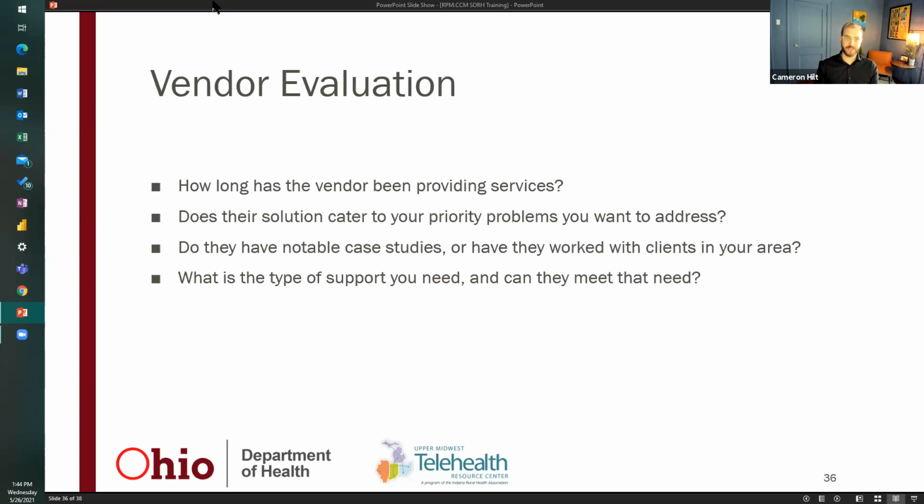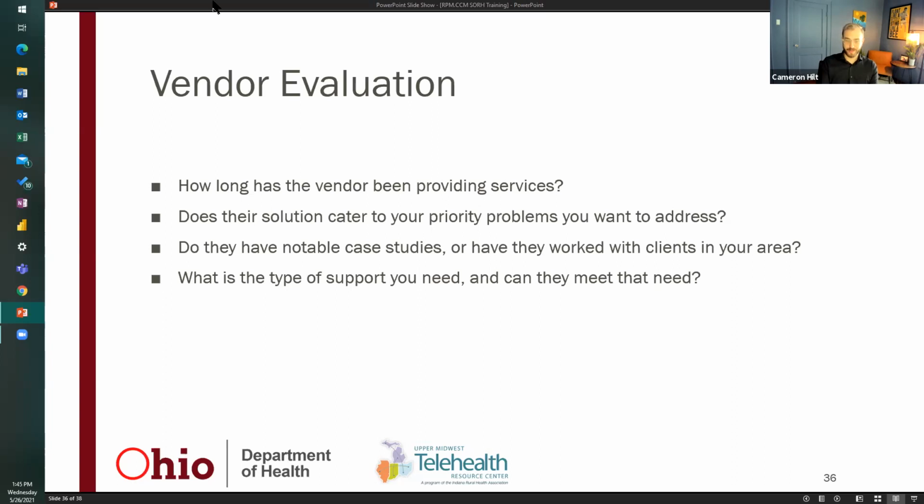So as an organization, you need to feel out what is your comfortability with some financial risk, depending on if you want to work with a company that has a long tenure with ultimately providing the service, or if you're looking for something that's a little bit more innovative and can help meet a need, but maybe hasn't been utilized a lot in the past. So that's an important question for yourself, but also for the vendor as well,